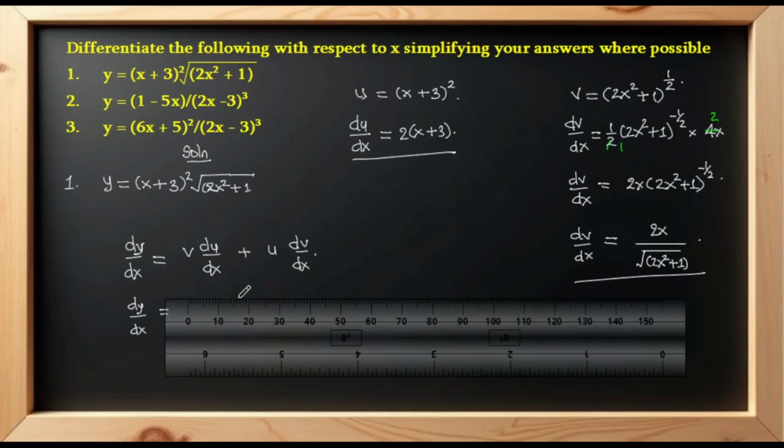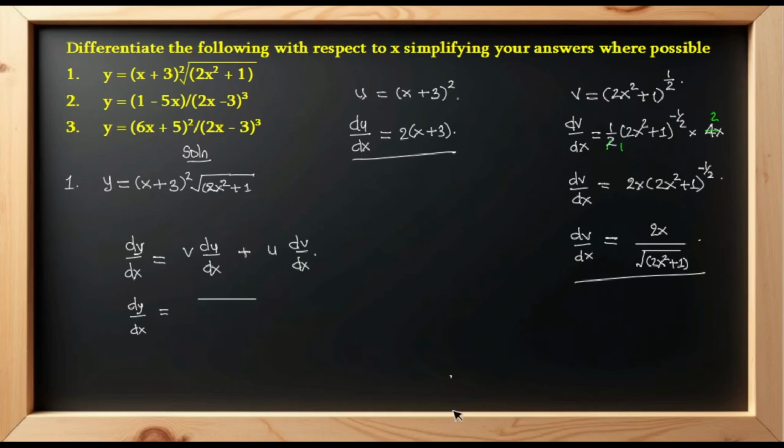Now here we will have the square root of 2x squared plus 1, and this one is going to multiply